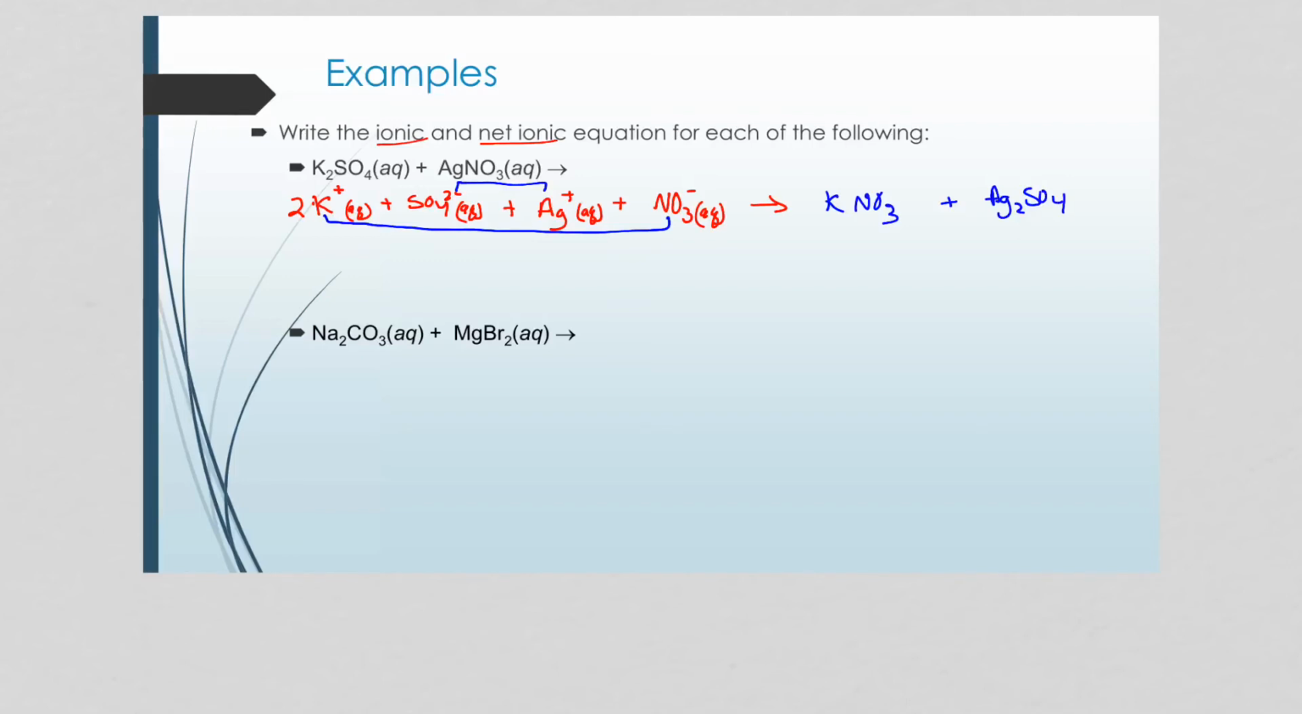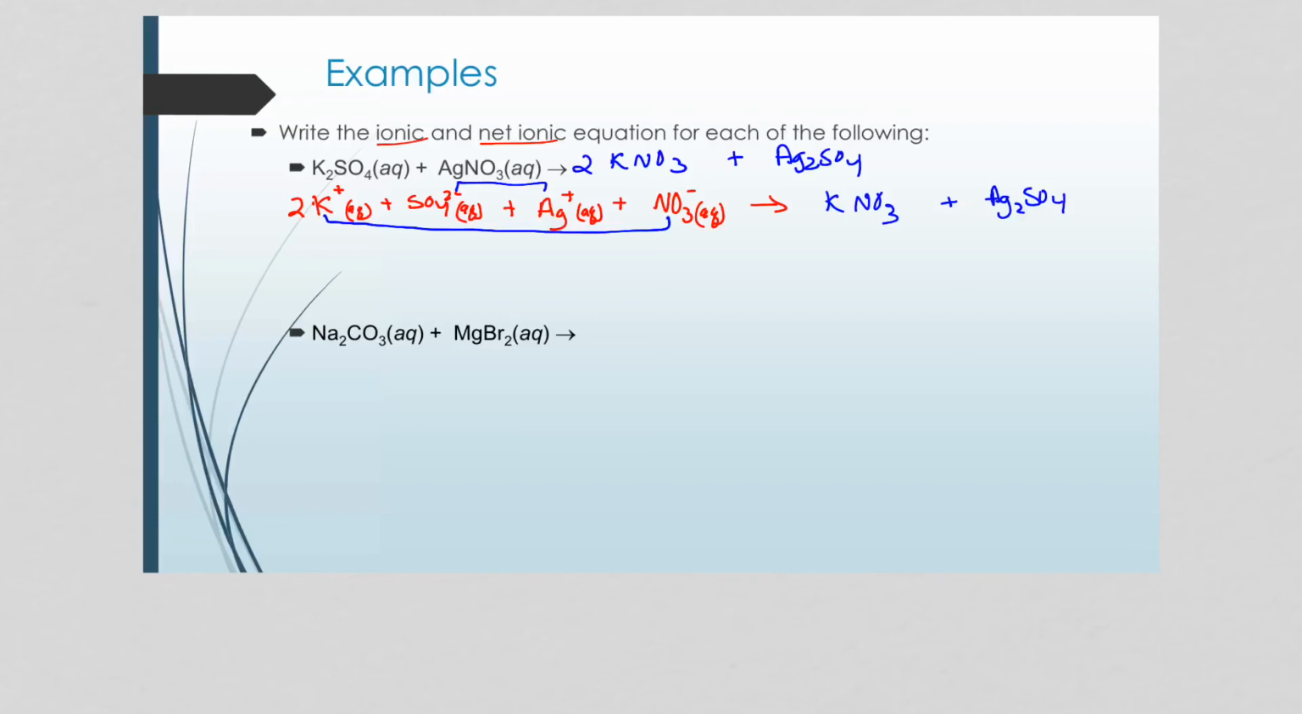next step, I have to balance the equation, right? So I'm going to rewrite these up here just so that we get it in the molecular equation. KNO3, Ag2SO4. So if I look at my equation, I have 2 potassiums here, 1 here, so I'm going to need